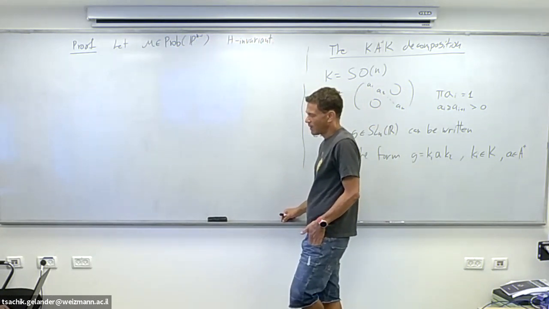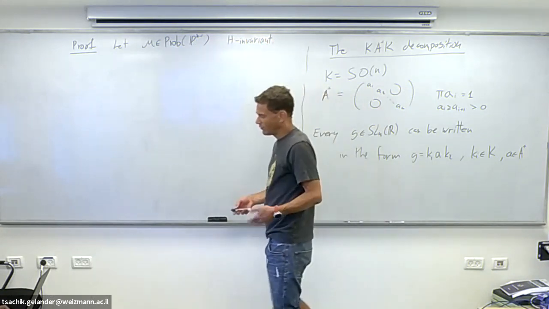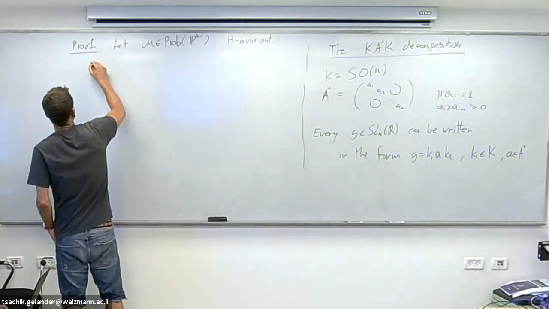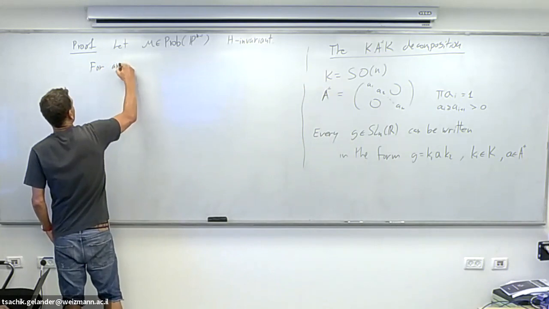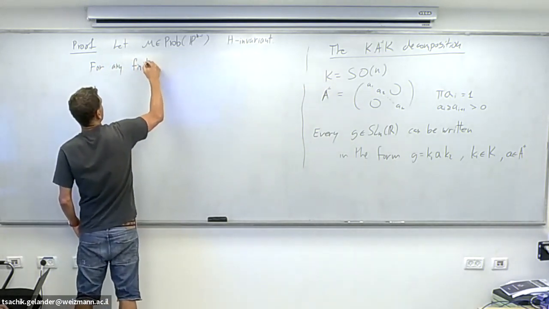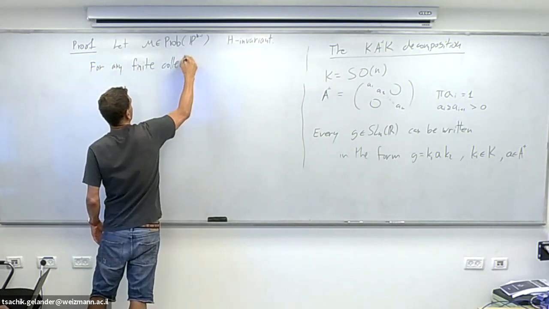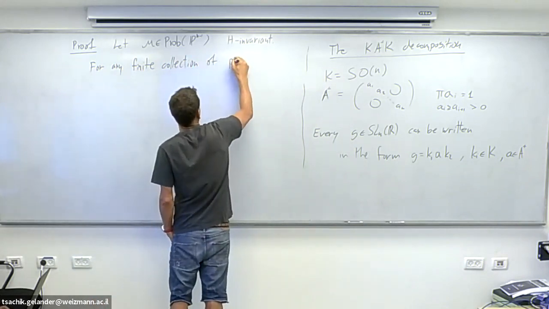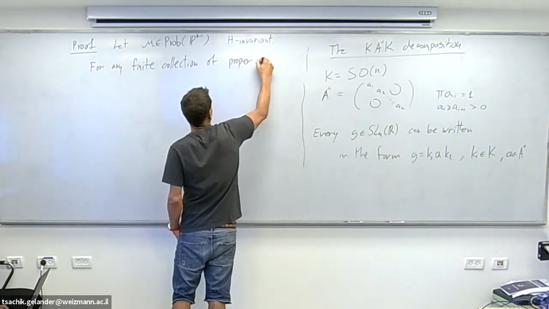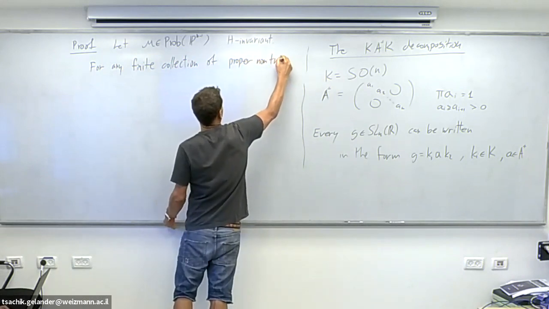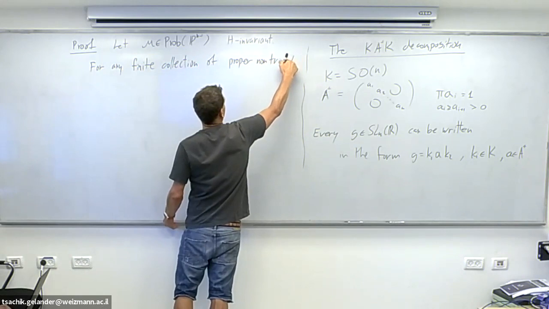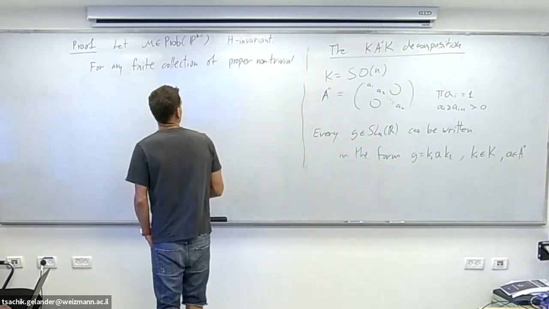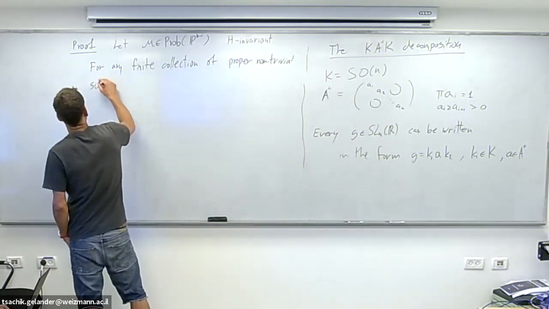Then the irreducibility assumption implies that for any finite collection of proper non-trivial subspaces, I can say with less,